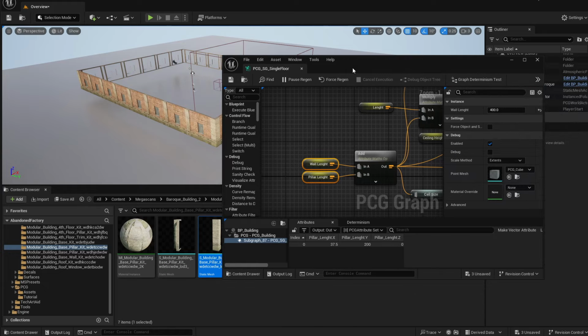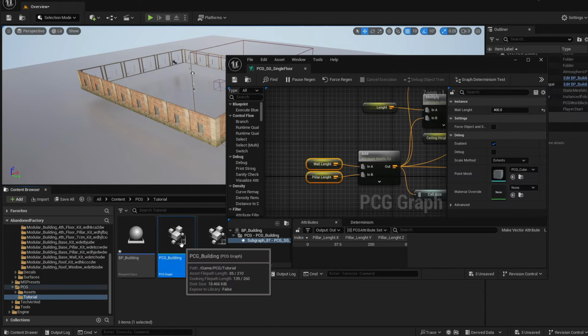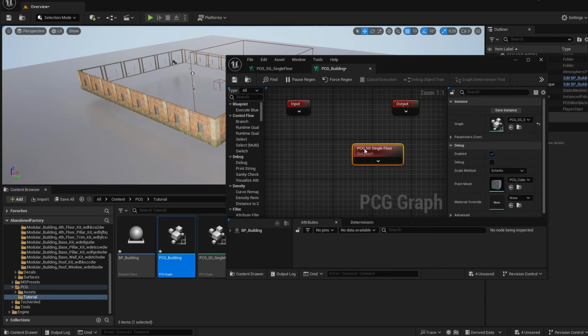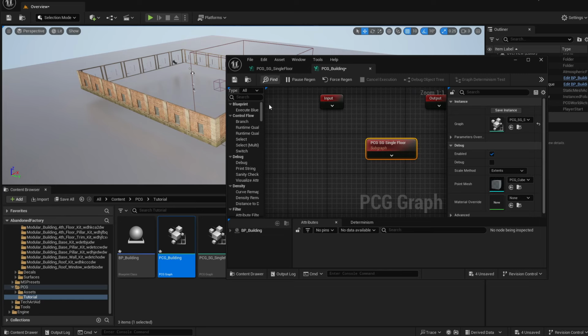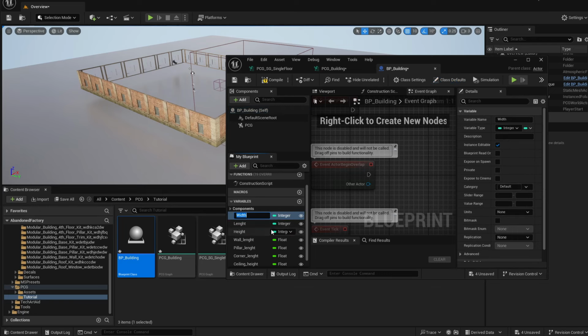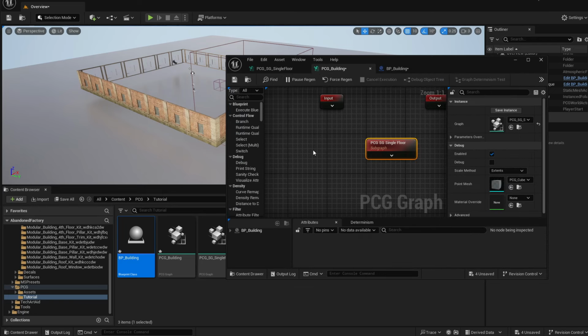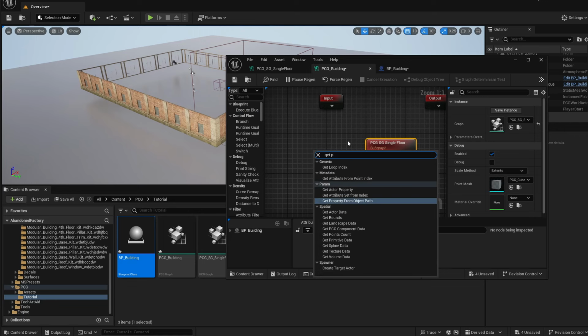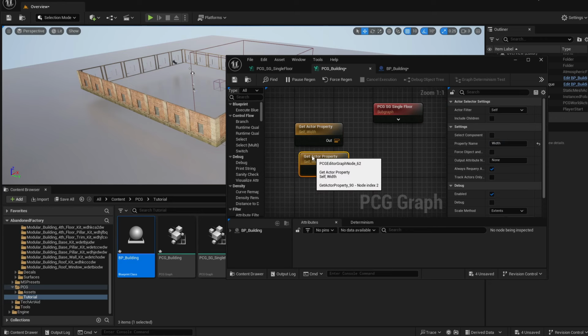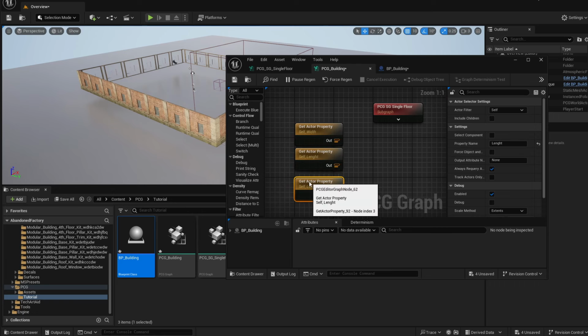If I save this and if I go back to the original PCG graph, which contains this subgraph currently, only this subgraph. So now if I open the blueprint where we created these variables, width and length and height, if I go to the original PCG graph, get actor property, and for the actor property name, add the name from your blueprint. Let's get the width, the length, the height,